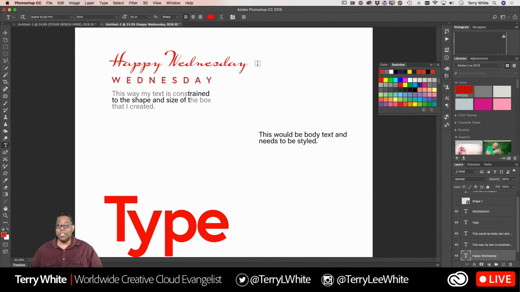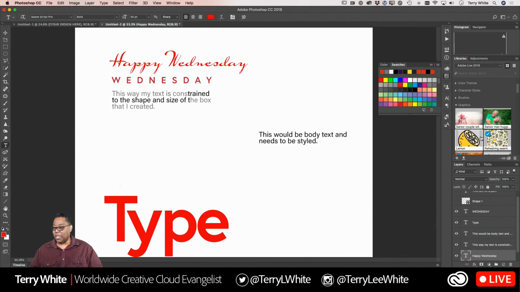All right, how to delete an object in CC Libraries. If you want to delete something in your CC Library, all you do is right-click on it and say delete, just like that. And then it will delete it out of your library and unsync it from your other